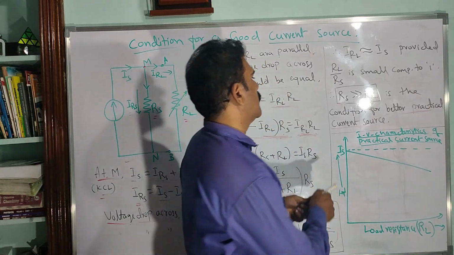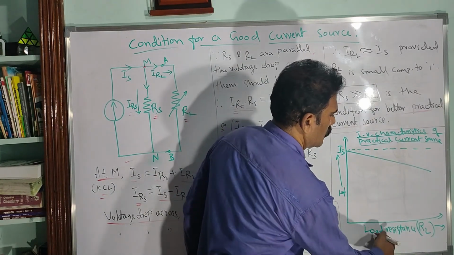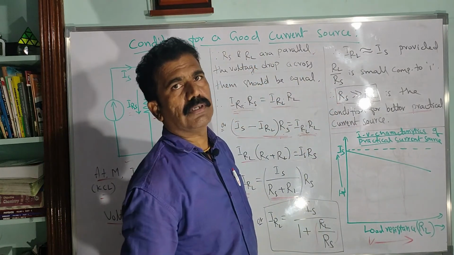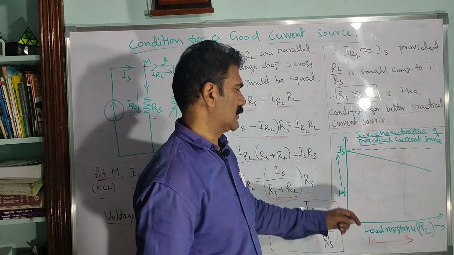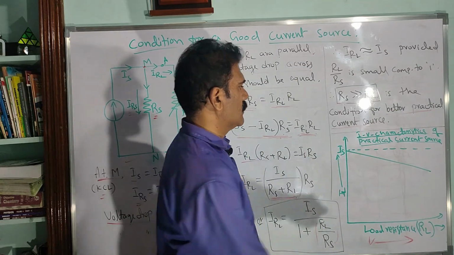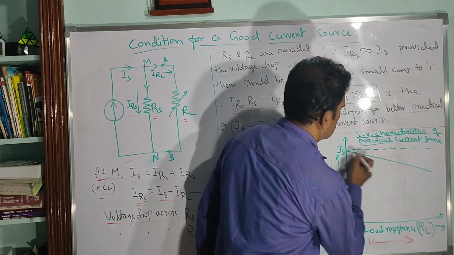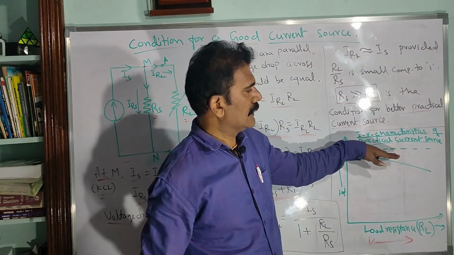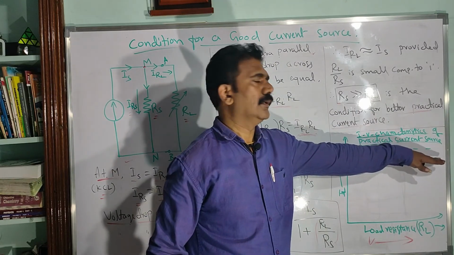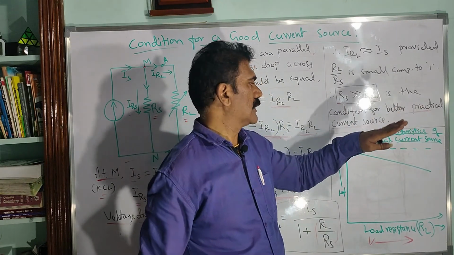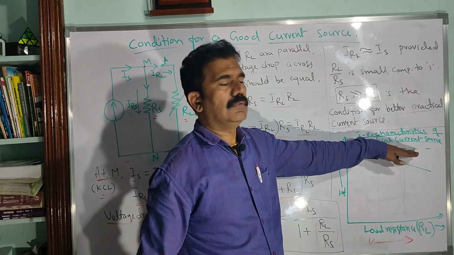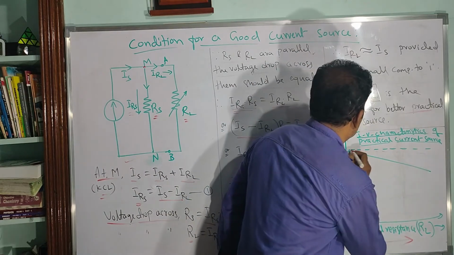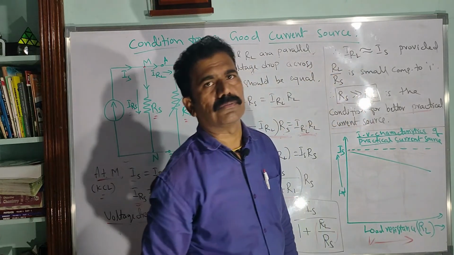So it is mentioned as IV characteristics. Load resistance is increasing and the corresponding voltage is also increasing here. The voltage drop across the resistance also increases as the load increases. That is why it is called IV characteristics. Now look at this line, it is not constant, it is decreasing here, but not that much, only slightly decreasing. Compared to the expected ideal current source, the nearer this line is to the ideal line, the better current source it is considered.